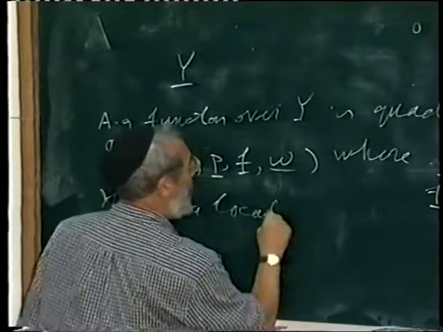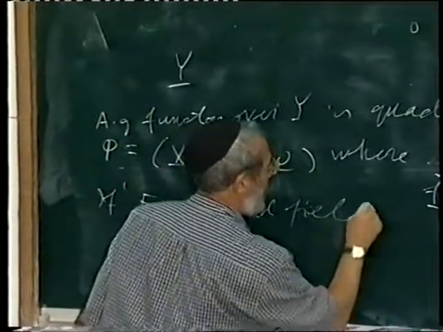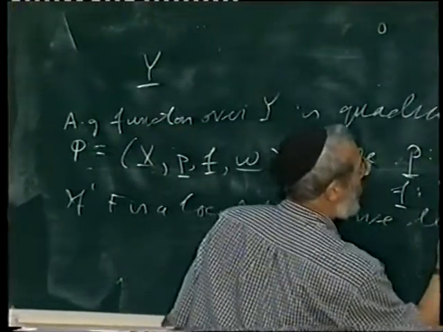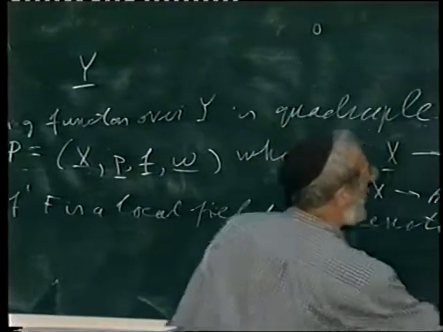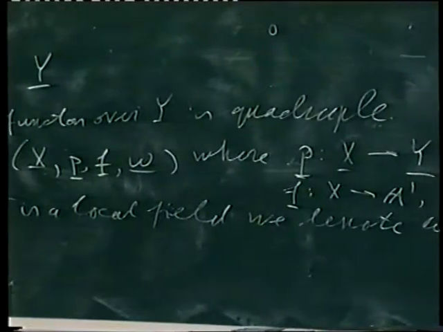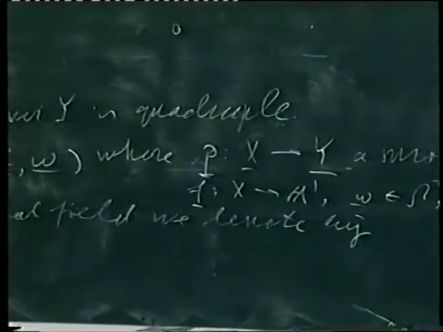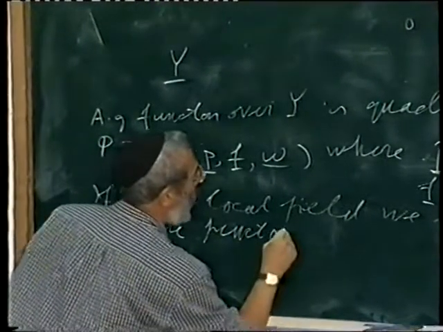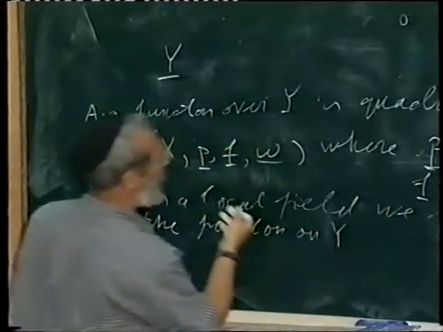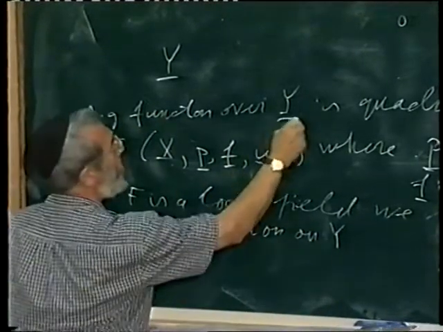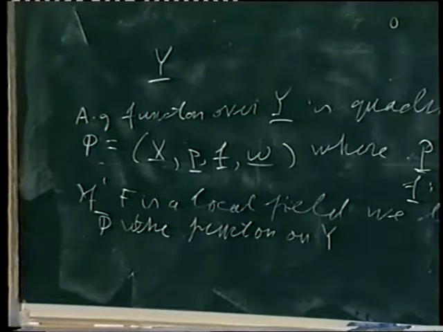If F is a local field, we denote by f bar the function on Y. It's a set of F points. Sorry, it's algebraic geometry here. Given by